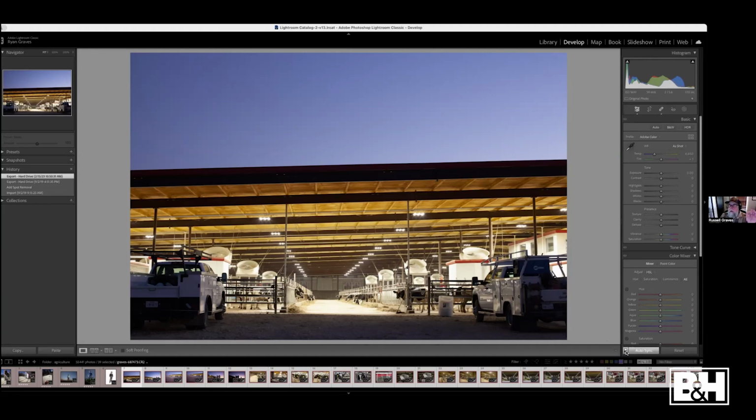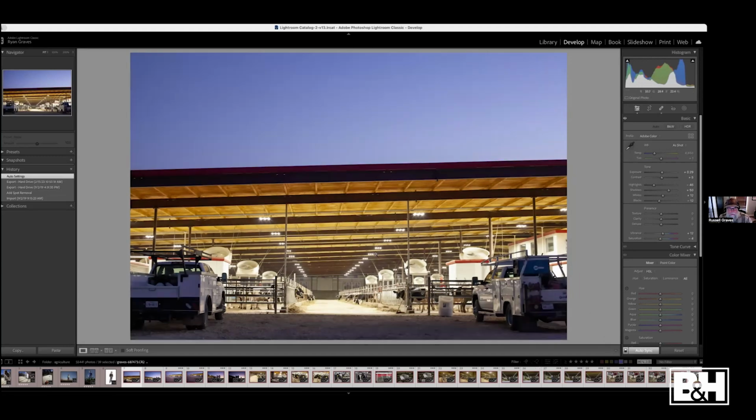Or I'm sorry, I'll turn it to auto sync, and then I'll go up in my develop module and hit auto one time. What that does is, you just saw it flash in front of you. It auto updated 39 images, and it did it in an instant. But it doesn't apply the same settings to every single one of those images. Essentially what it's doing is looking at all the images that you've got selected and applying the auto settings to